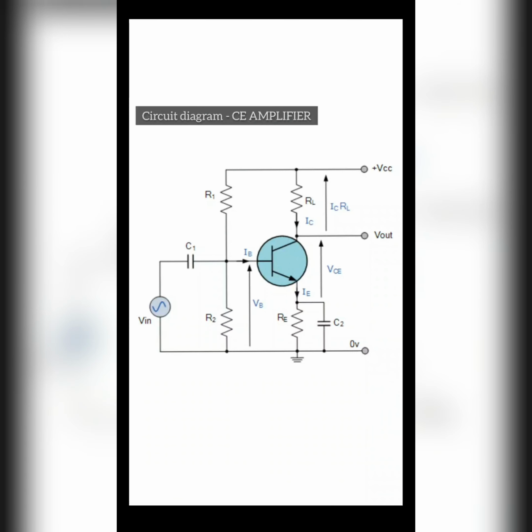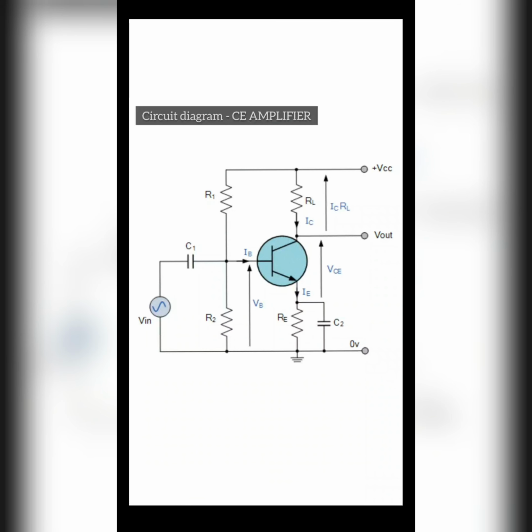This is the basic circuit diagram of a common emitter amplifier. In this, the input is given on the base side and the output is taken on the collector side. As the name suggests, the emitter is common for both input and output. The resistors R1 and R2 provide bias for the base of the transistor, and the resistor RL on the collector side is the collector load resistor of the circuit, and the resistor RE on the emitter side provides a measure of DC feedback to ensure that the DC conditions within the circuit are maintained.